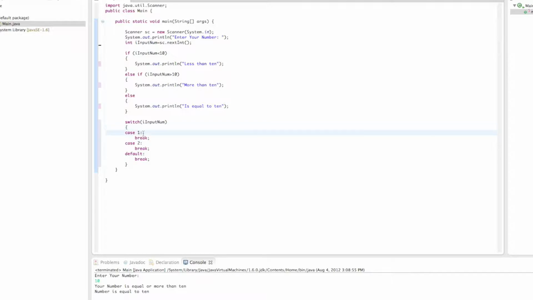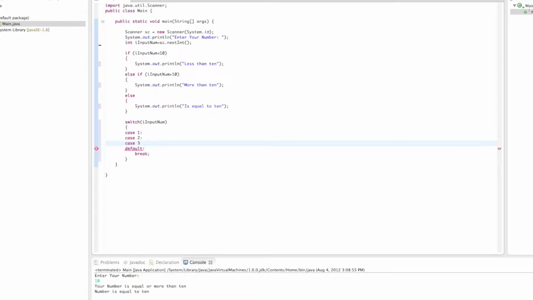So if the variable is 1, then do what's under here until you reach the breakpoint. It's not closed by the brackets. It's closed by the break statement here. The whole switch statement is enclosed in brackets, if you guys didn't notice that. So under 1, we don't really want anything on specific numbers. So a cool thing about a switch statement is you can also do the same thing for multiple cases. So if we did this,